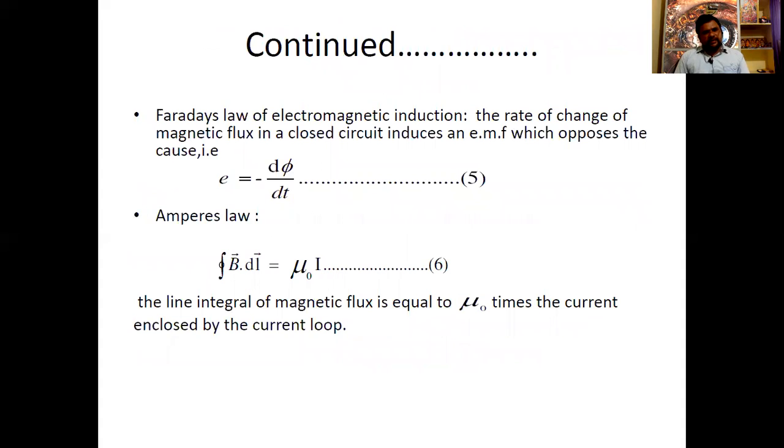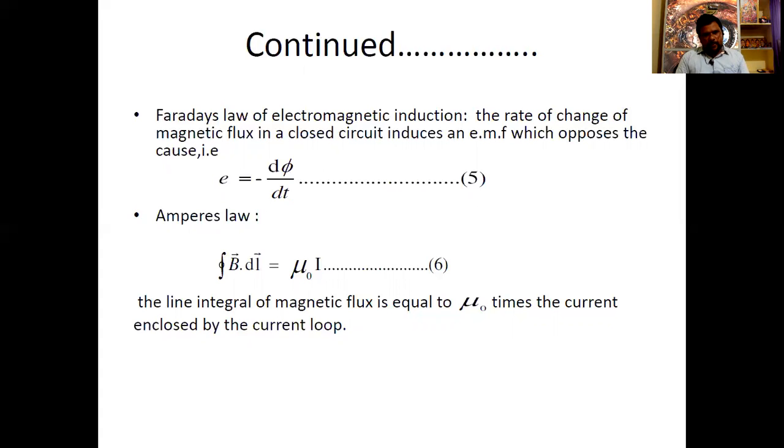Next, coming to Faraday's law. Faraday's law of electromagnetic induction tells that the rate of change of magnetic flux in a closed circuit induces an EMF which opposes the cause. This can be mathematically written as E is equal to minus d phi by dt, where phi is the flux associated with that closed